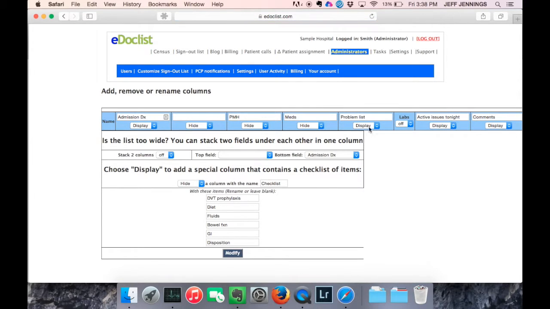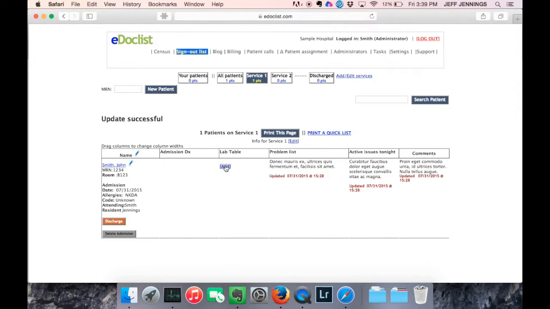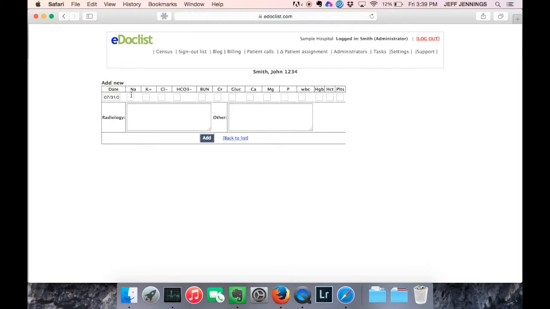Another feature is the ability to handle labs. So if you turn this on and hit modify, what you'll see is a new column called labs. For example, if this patient, you have a Chem 7 here that you can enter various functions,